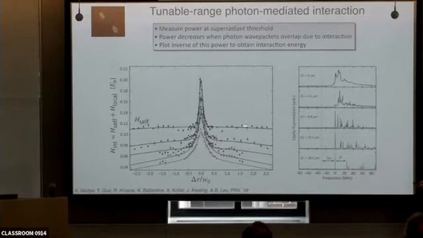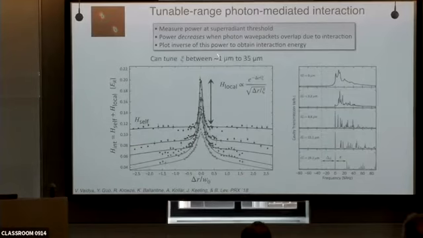So this broad plateau here is the self energy. That's just the photon wave packet coming to itself, so it doesn't matter where the separations are, that's just the broad plateau. And then this little spike is that local interaction. If you fit this functional form here and pull out what Cassie is, you can see that you can tune Cassie from a micron, where we're resolution limited by the size of the BEC, it's likely much smaller than a BEC, all the way up to the TM00 waist of the cavity, about 35 microns. That's an order of magnitude tunability of the range of interactions. That's a lot of fun, okay? And we'll show you where we can exploit that later on.